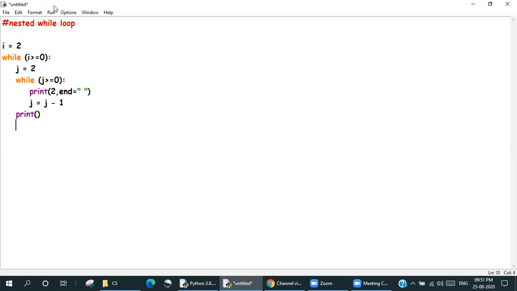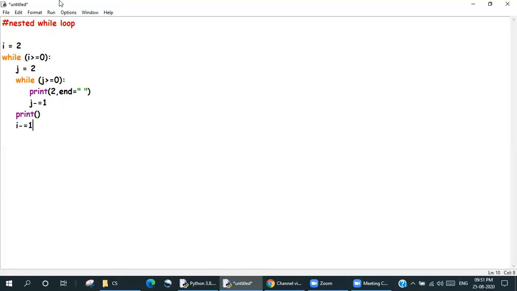And then finally, i minus equals 1, and over here j equals j minus 1, or j minus equals 1, the same. All right, this is my code.